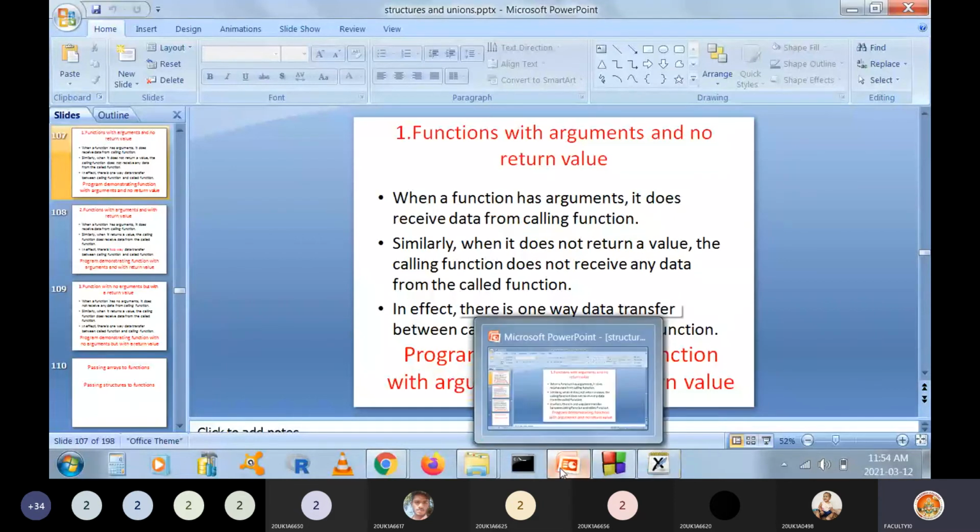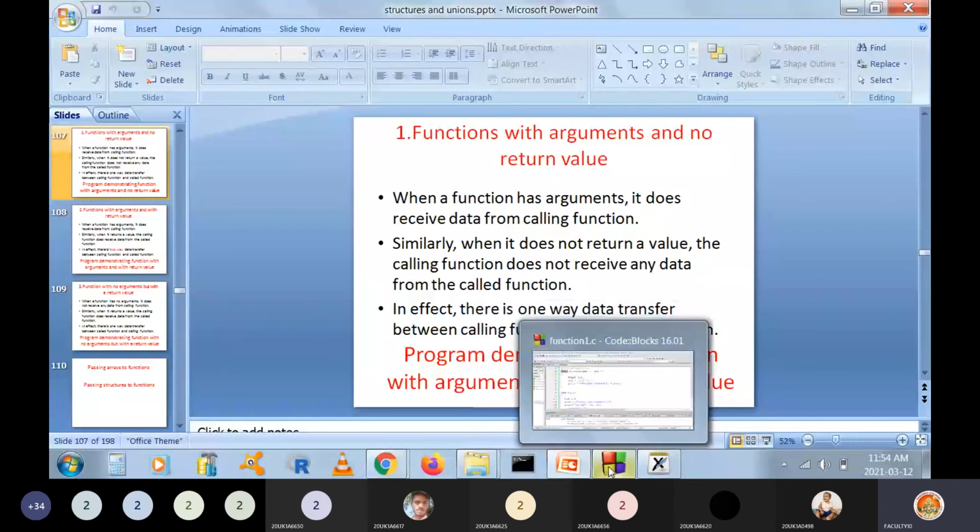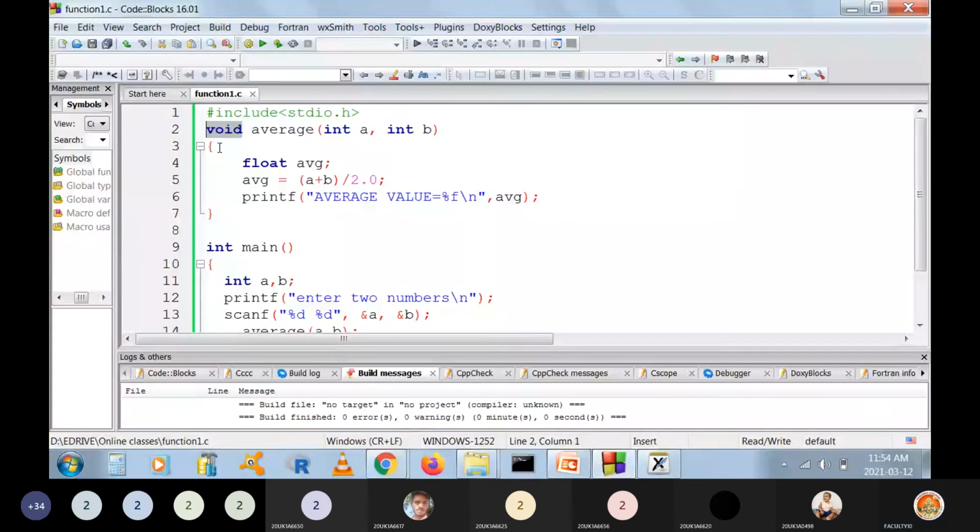So what I do is I copy this code here. Now, is it required to define the function first, sir? You can ask: first the function to be defined, then main to be defined? No, you can define main first and the function next.